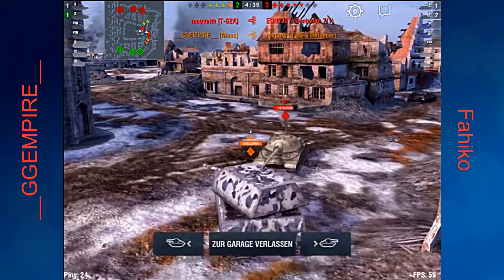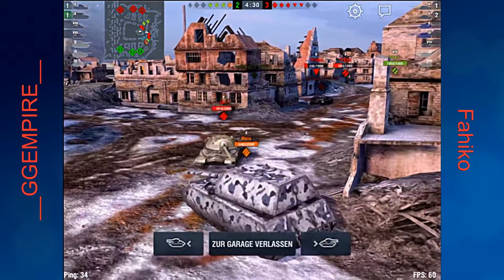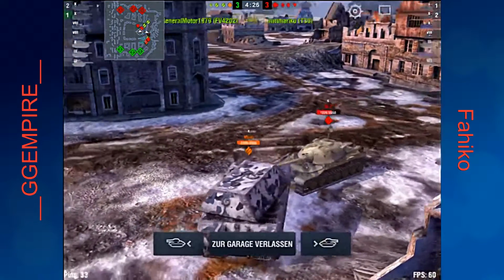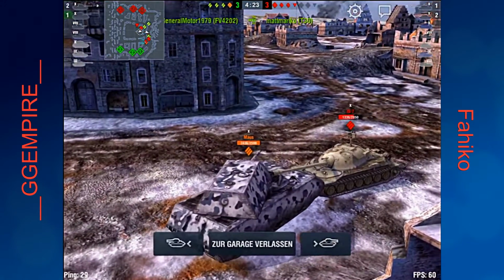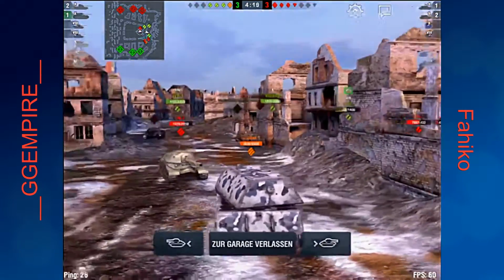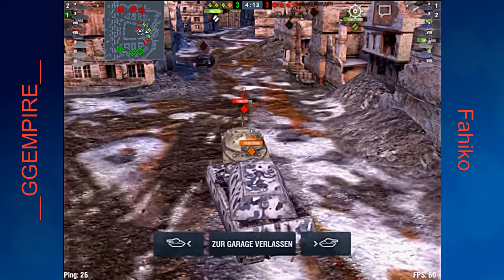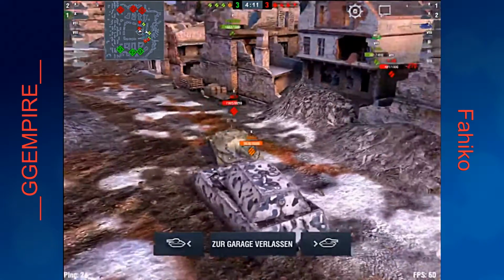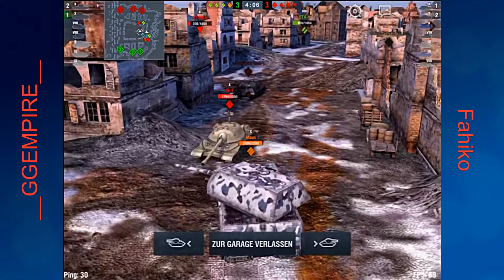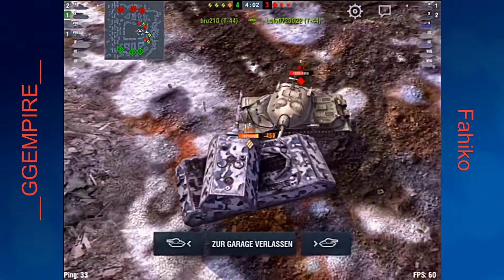Great shot there. And now he's wiggling his side armor and his front armor against the IS7, and the IS7 can't do anything. Trying to put a shot into the cheeks of the mouse, bouncing, and GG Empire just has to ram him, and the IS7 can't do anything. So now the IS7 tries his luck, and no, he manages to get the side armor of the mouse,